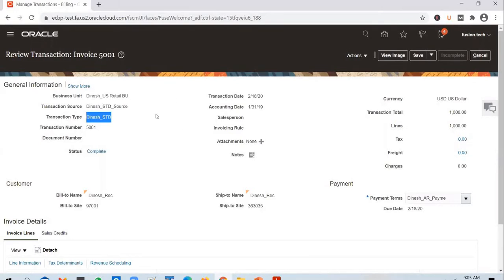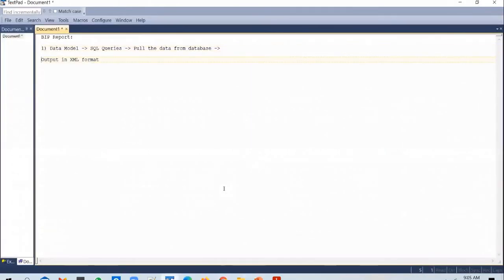So the invoice information is still stored in a table called RA customer trx all table. This stores the invoice details. And RA customer trx lines all table contains the invoice line details. So if you are an EBS tech consultant, you already know this information, and it holds good in ERP Cloud as well. But what if you have to figure out this information?